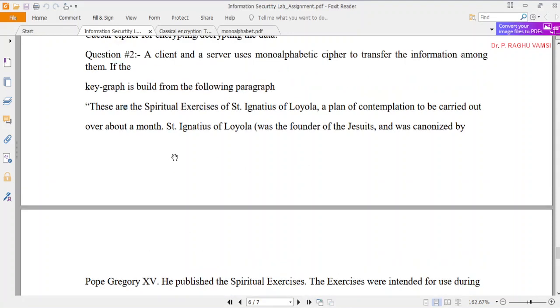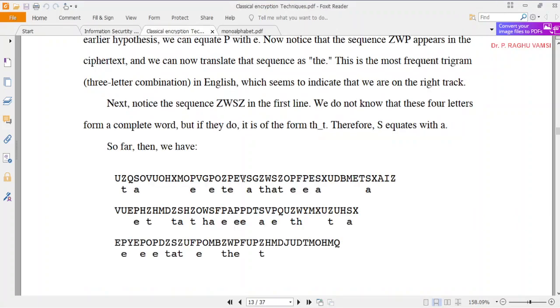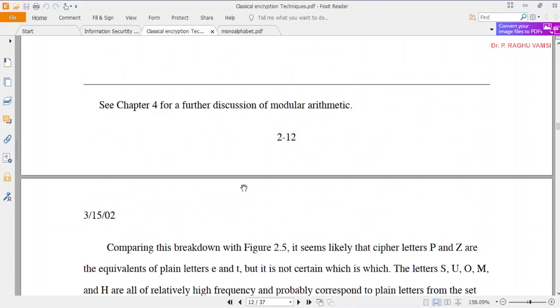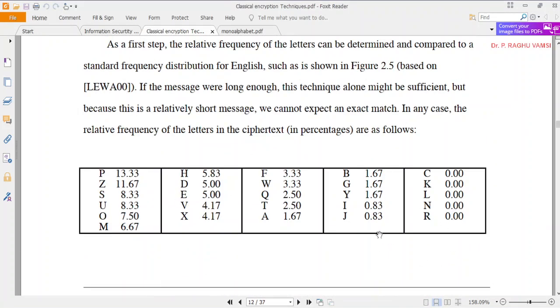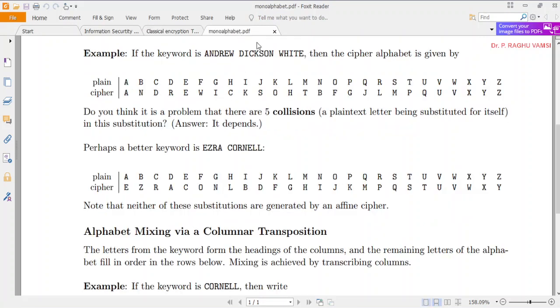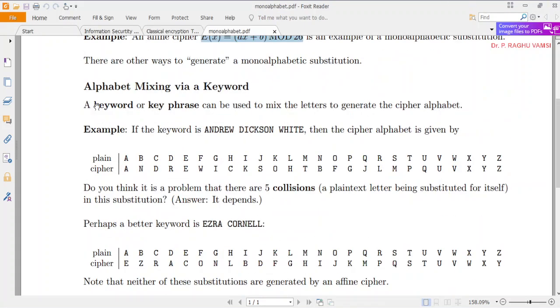To know how many times characters occurred, or what the frequency of the characters is, a frequency distribution table has been built here, so that based on this they can go for formulation of the ciphertext. That is the basic idea with which this frequency table was provided in the classical encryption technique material. I hope by this time you got this monoalphabetic cipher distribution with the help of the first method,